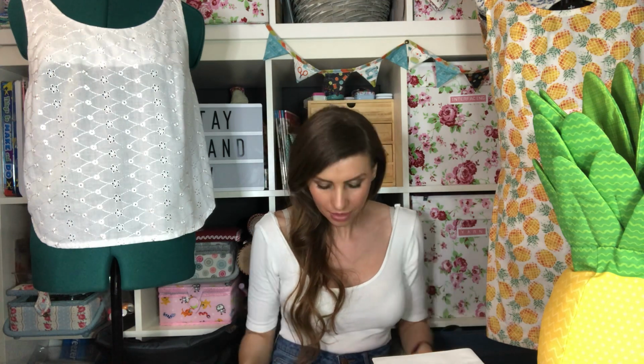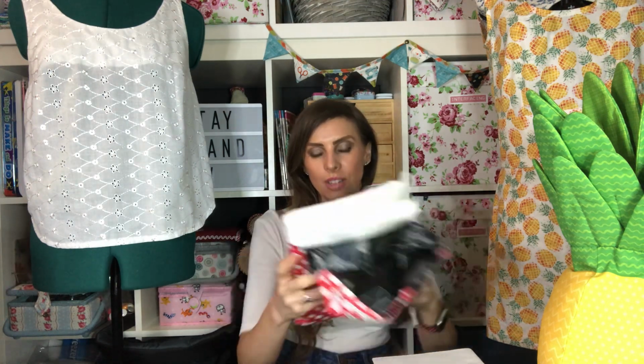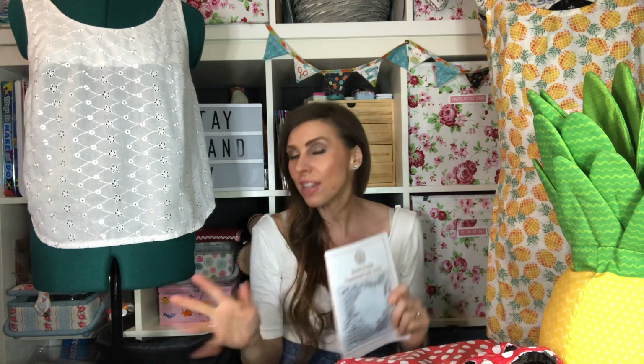Now, I do have something to tell you about my plans. I'm not saying never, but I've made the decision. I'm not in any rush to make the quilt in this year's Secret Society. It's not that I don't like it, I absolutely love it, but